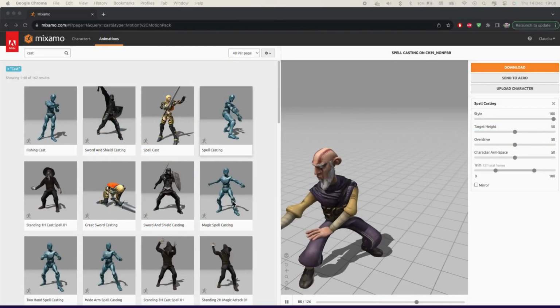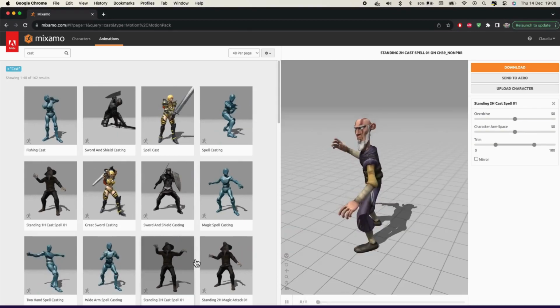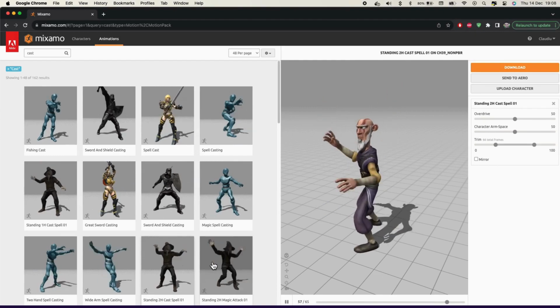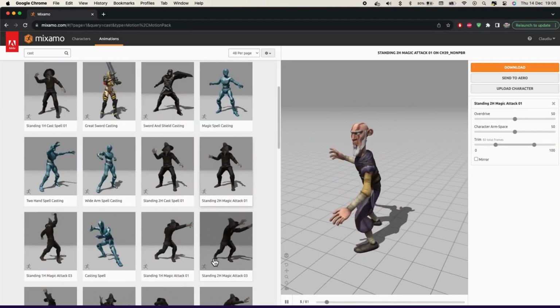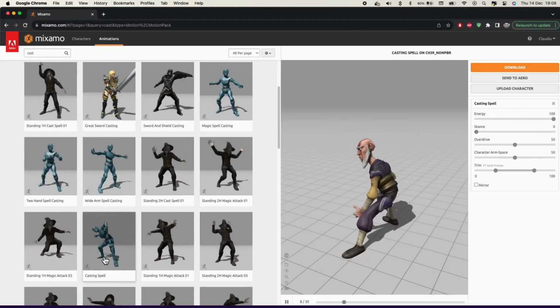Looking ahead, we're about to dive into something really exciting in our next video. We're going to step into the world of animations. We'll be importing a mage character from Mixamo and setting up a blend tree with some fantastic animations. This will bring a whole new level of depth and realism to our game, so you definitely won't want to